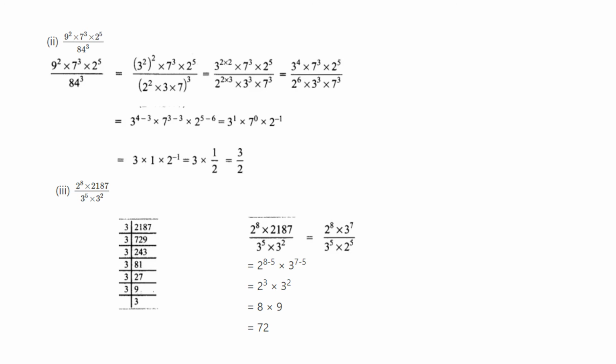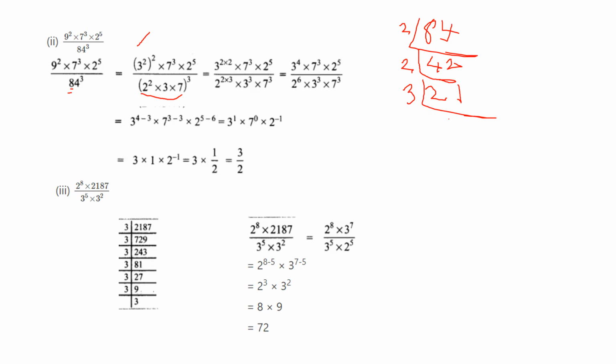Question: 9 squared into 7 cube into 2 to the power 5 by 84 whole cube. So 9 squared we can write as 3 squared whole square, and 7 cube into 2 to the power 5. Here, 84, how will you write this? We can do the prime factorization. 84: first 2, so 42. 2 4s are 8, 2 2s are 4. Next 2, 21. Next 3,